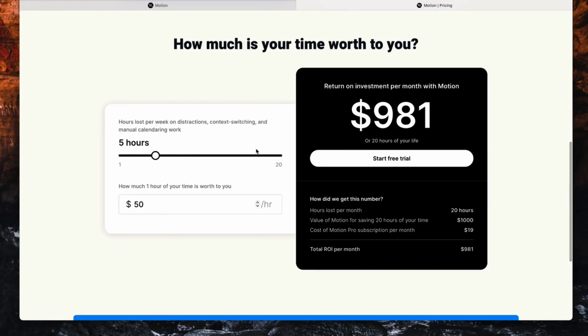They do have this calculator down here, which I found when I was investigating the pricing. But for example, it's hours lost per week on distraction, context switching. So if I said, okay, on average, 2 hours a day, I'll probably waste. Maybe that's actually a bit over cautious. Maybe let's just say 1.5 hours a day or something like this. 6 hours a week. That's apparently